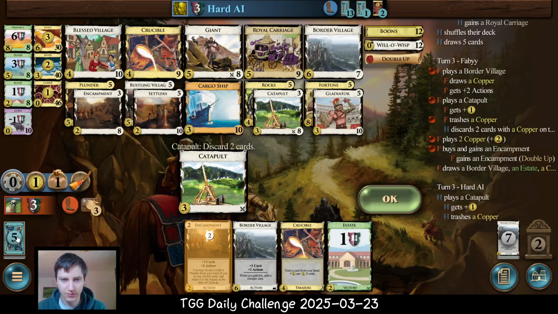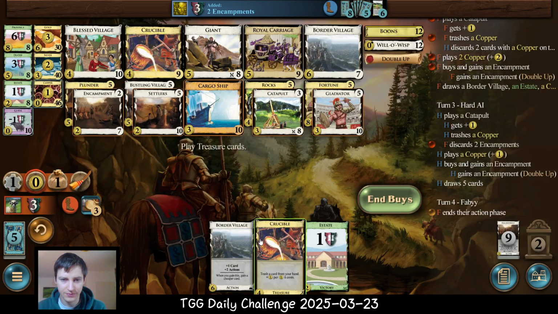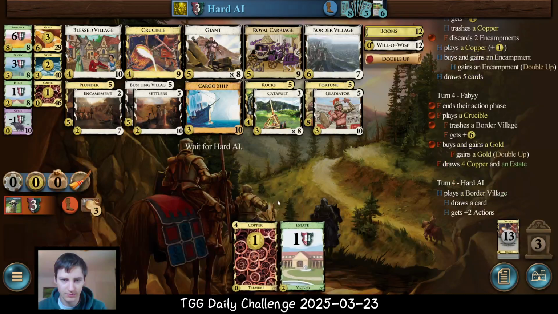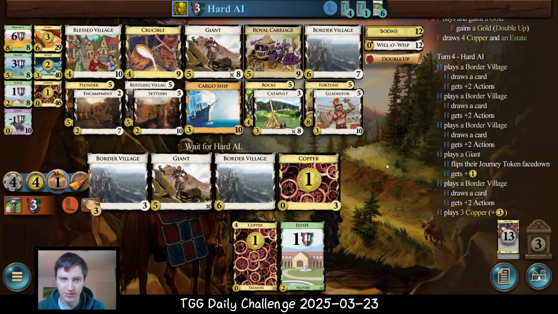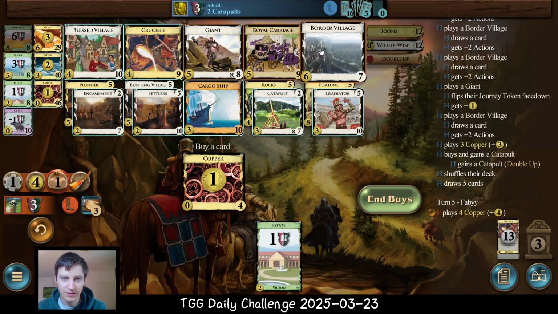Now what's down there is the question. There's a border village down there, so we will be able to trigger the next shuffle. Yeah, I think in that case it's really good to just trash this border village and get 2 golds here. I'm so stupid. Apparently we played the border village already. So here,